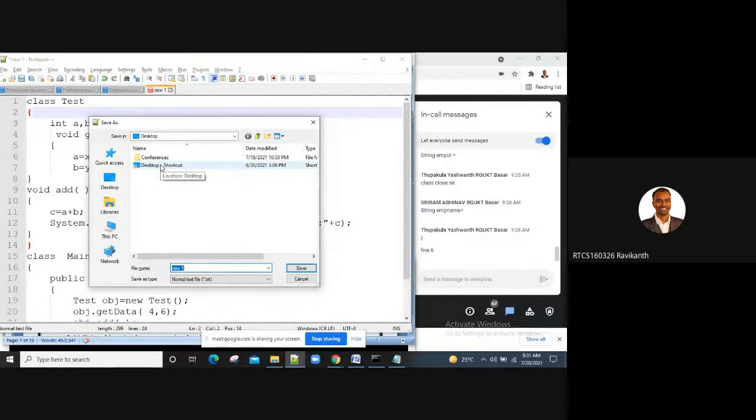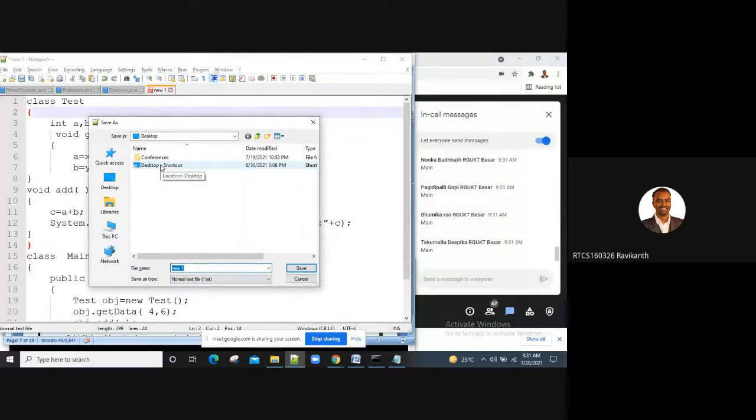Do I need to save using test.java or main.java? Very good. Yes, the main method is in main.java.